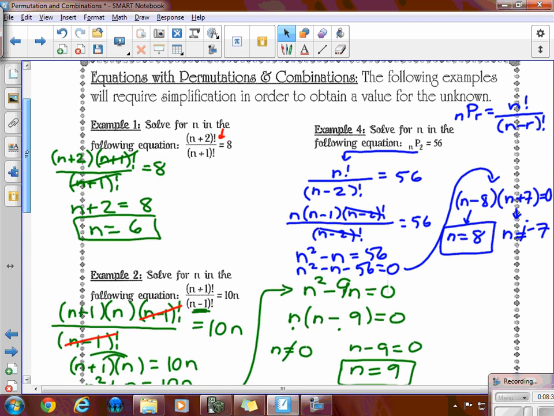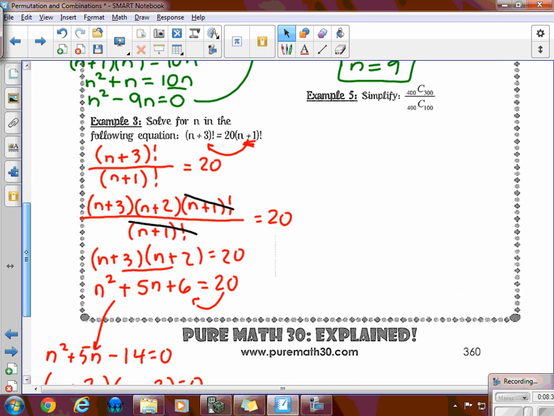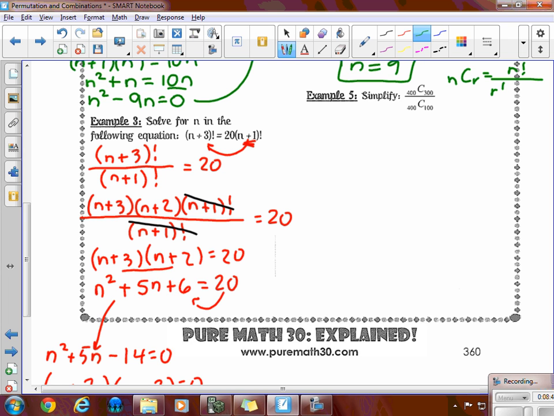The last question down here, example 5, which we'll look at, deals with combinations. And we'll remind you that the formula for a combination, nCr, is n factorial over r factorial times n minus r factorial. Again, that's on your formula sheet. So all we're going to do is put these into our equation. We have to deal with the top and bottom separately. So the top, 400 choose 300. If we look at this equation over here, that means it's going to be 400 factorial over the r, which is